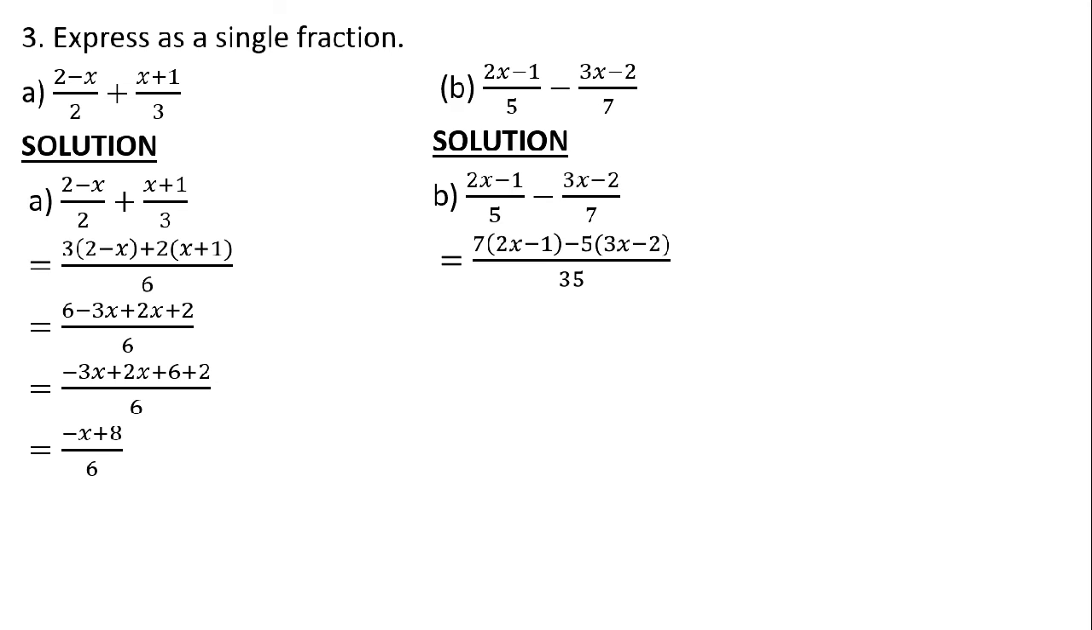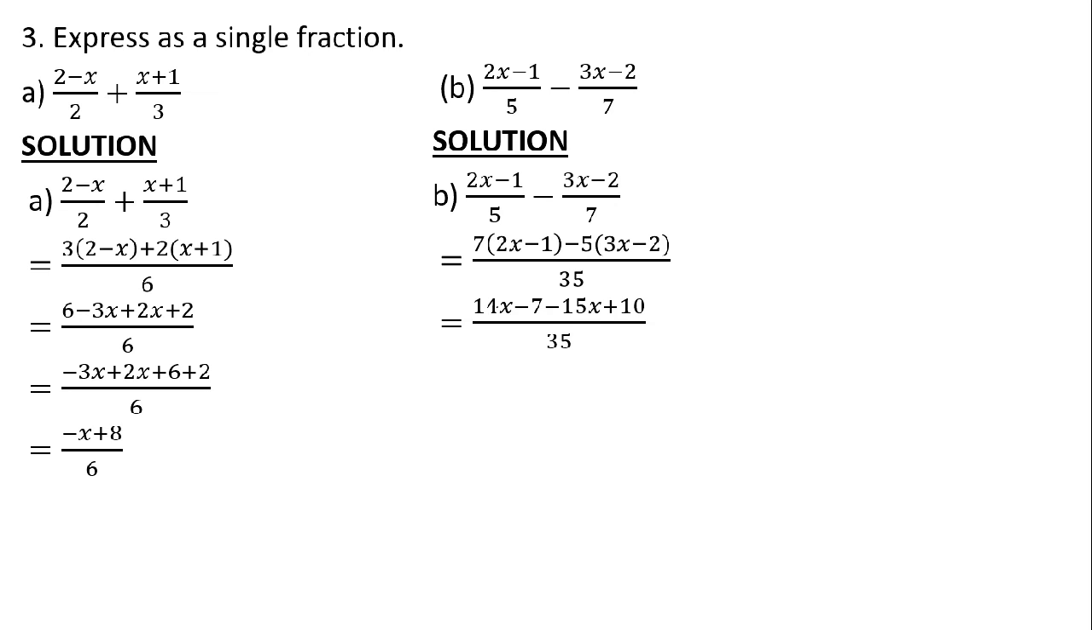We'll expand. We'll multiply 7 times 2x, which will give us a 14x. 7 times negative 1 will give us a negative 7. Negative 5 times 3x will give us a negative 15x. Negative 5 times negative 2 will give us a positive 10. From there, we are going to group the like terms together. Our like terms are 14x and negative 15x, positive 10 and a negative 7, or a negative 7 and a